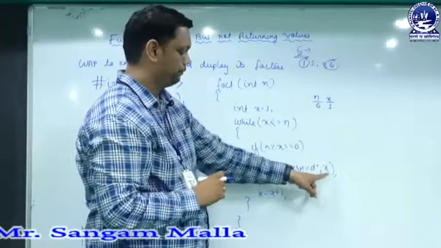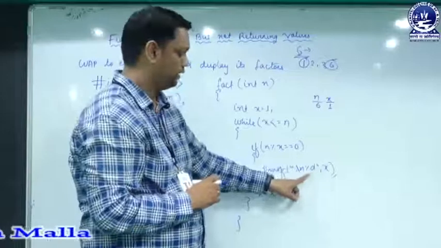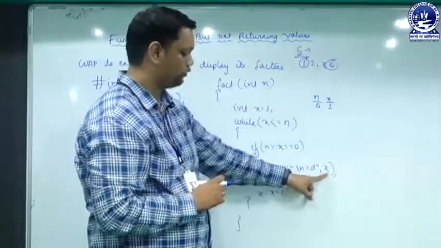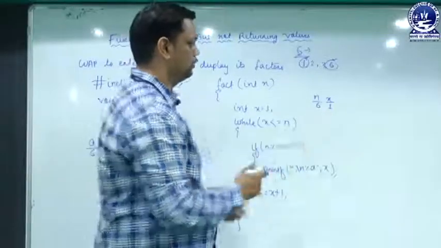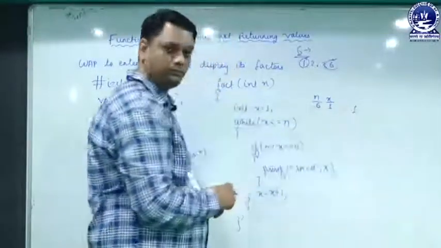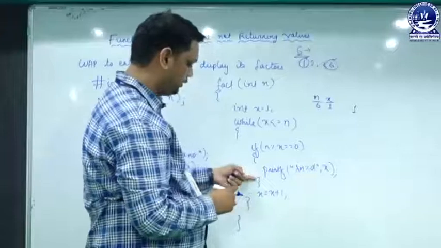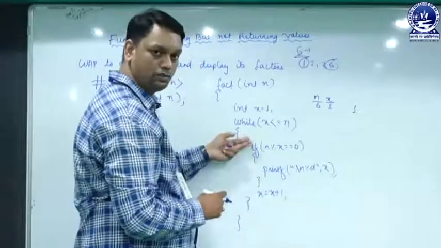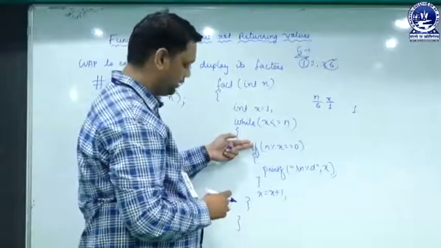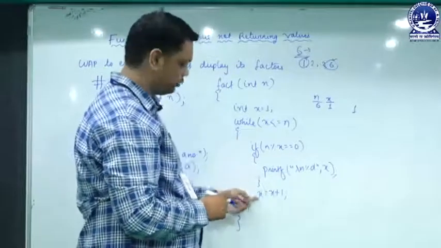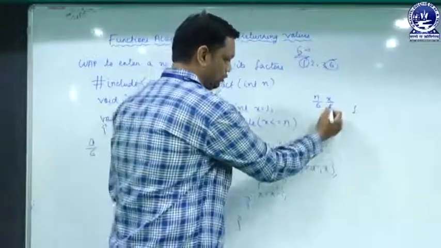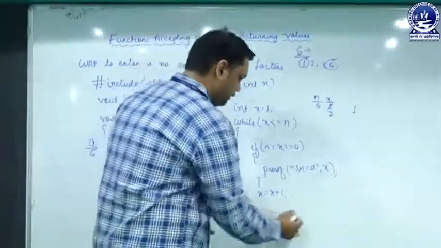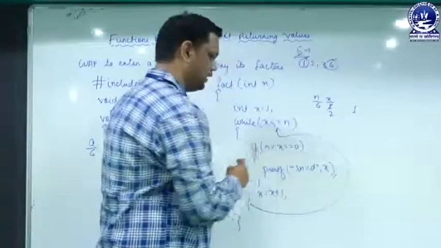It will print the value of x. So instead of printing the format specifier, it will print the value of x. What is the value of x over here? The value of x is 1. So 1 will be printed. When it comes over here, as it is not a loop, it will not jump to other lines, rather it will move to the next line. So x equal to x plus 1. Now the value of x has been increased to 2.